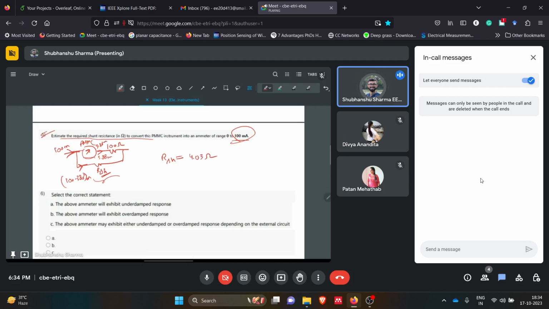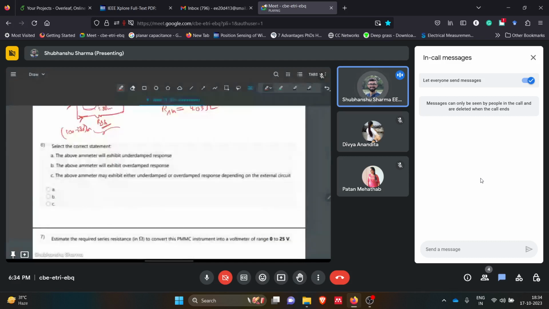Now this is very important. The next question, which some may find a little bit confusing: what will be the response? Will it be underdamped, overdamped, or critically damped? For these kinds of questions, you know the equation: J d squared theta by dt squared plus K damping d theta by dt